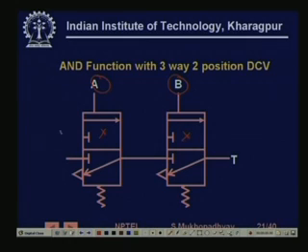So therefore the supply directly goes to the tank. Now suppose this is not there, which means that now this is the position, but here it is there. So therefore you see that in this position this gets connected to this position,